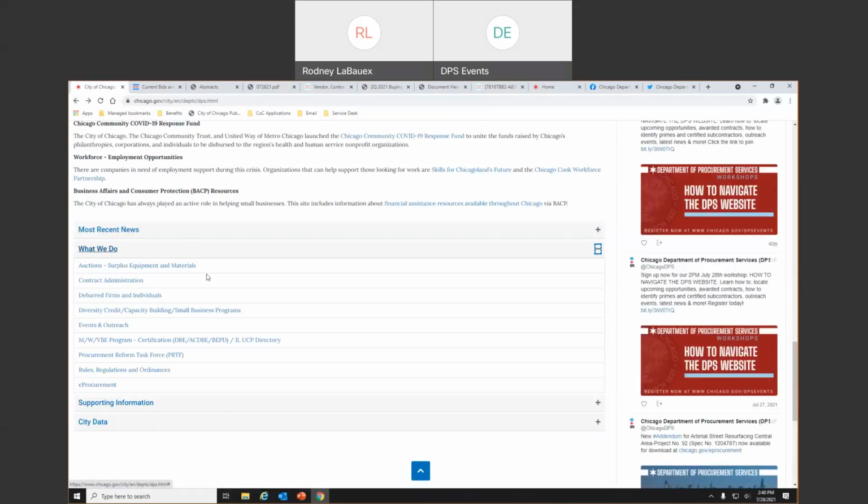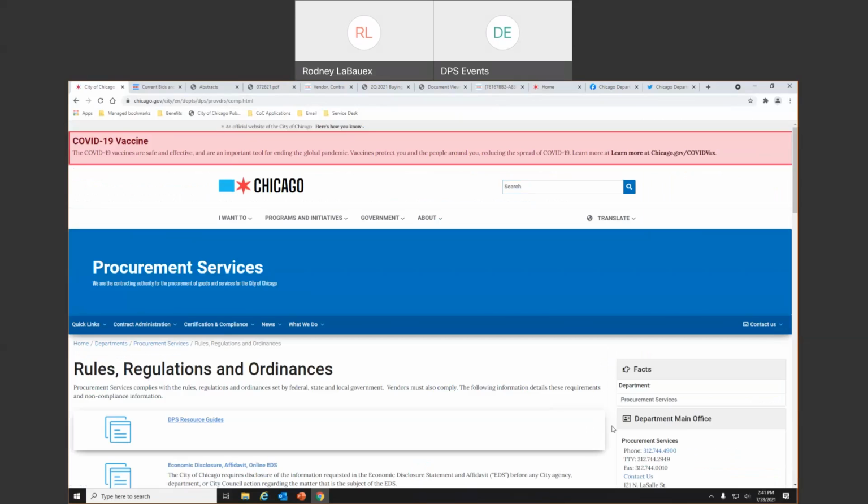Back on What We Do, we also have our Procurement Reform Task Force. If you would like to know more information about that, you can click there. And then we also have our rules, regulations, and ordinances. That's basically all of our programs and incentives, the rules, regulations, all of the legal stuff that you want to learn about. You click this page and you can get an understanding of